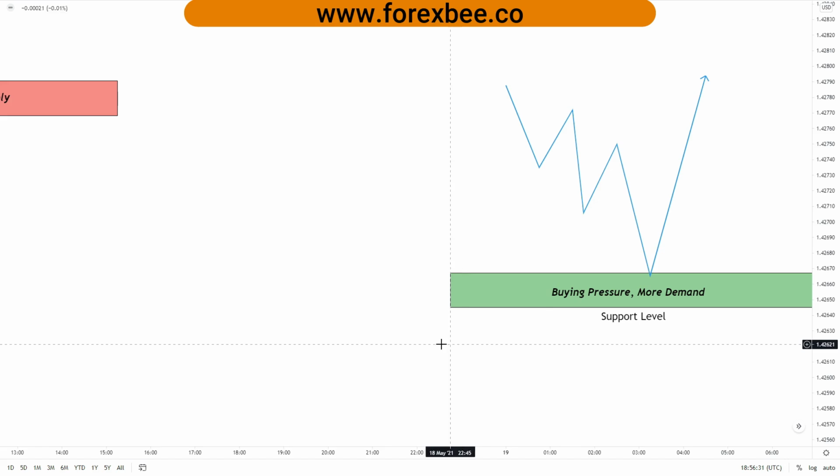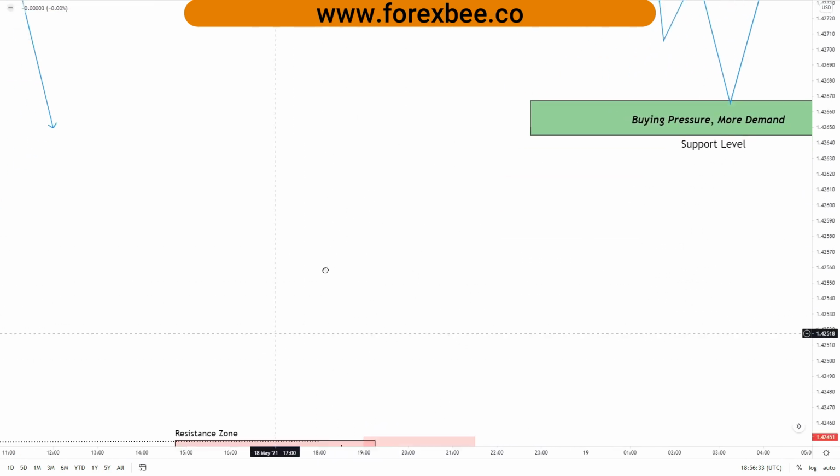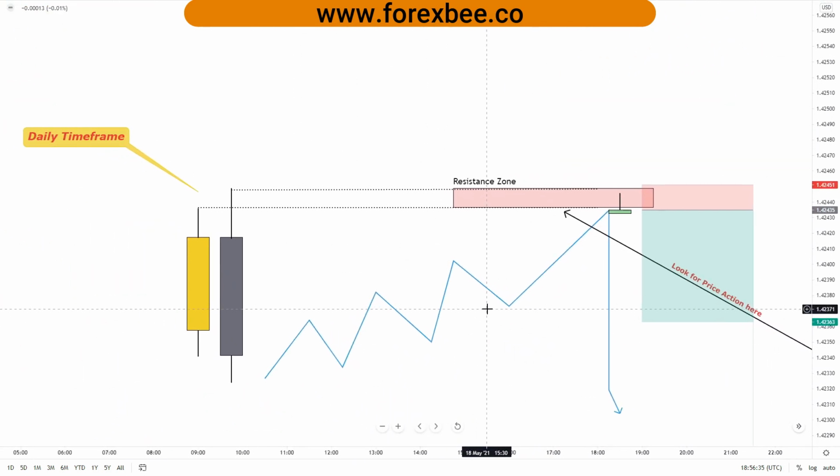on the market. After doing that, we're going to go toward the method through which you can draw strong support and resistance zones in the daily time frame, and we're going to discuss how you can use those levels to take your position and place your trade after looking at the price action near those zones. And at the end, we're going to go through a live example through which I'll be showing you live